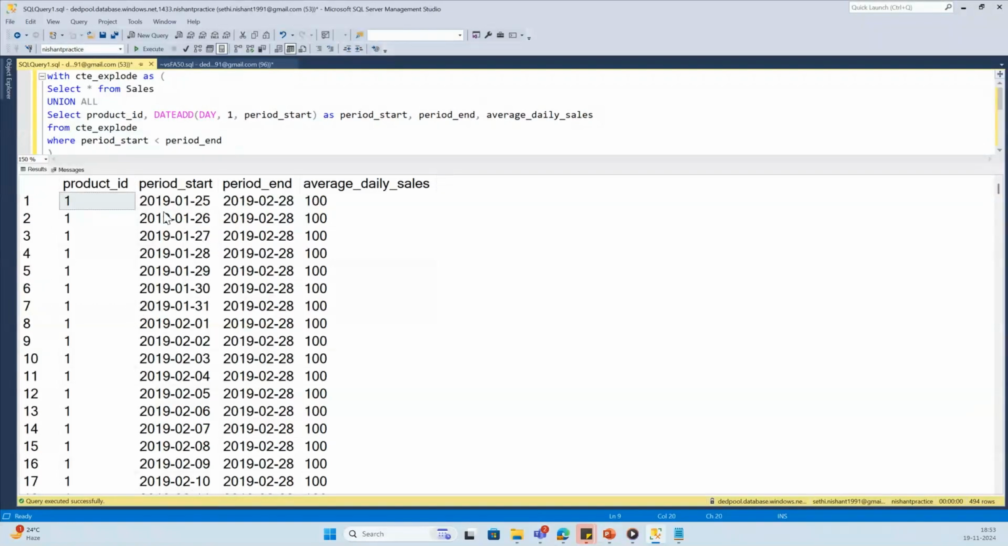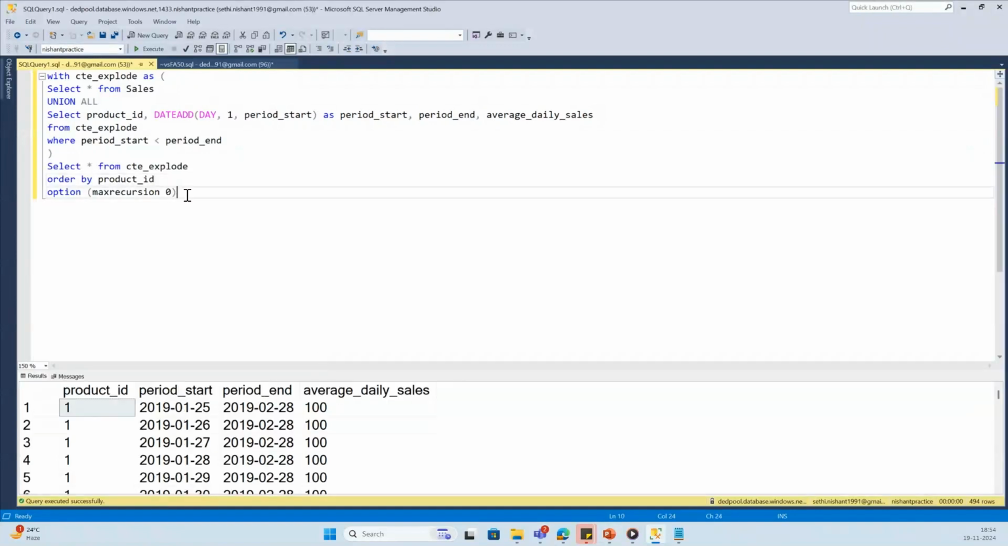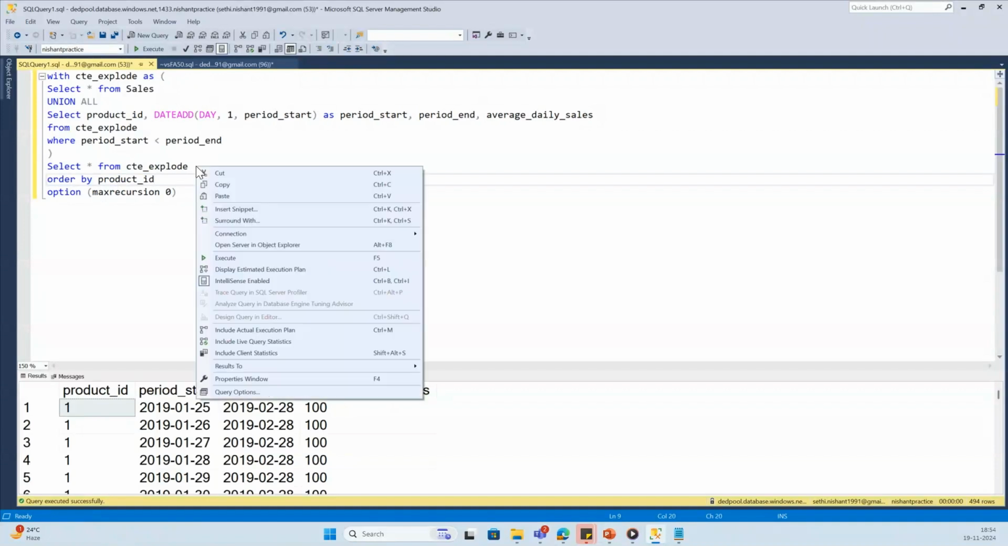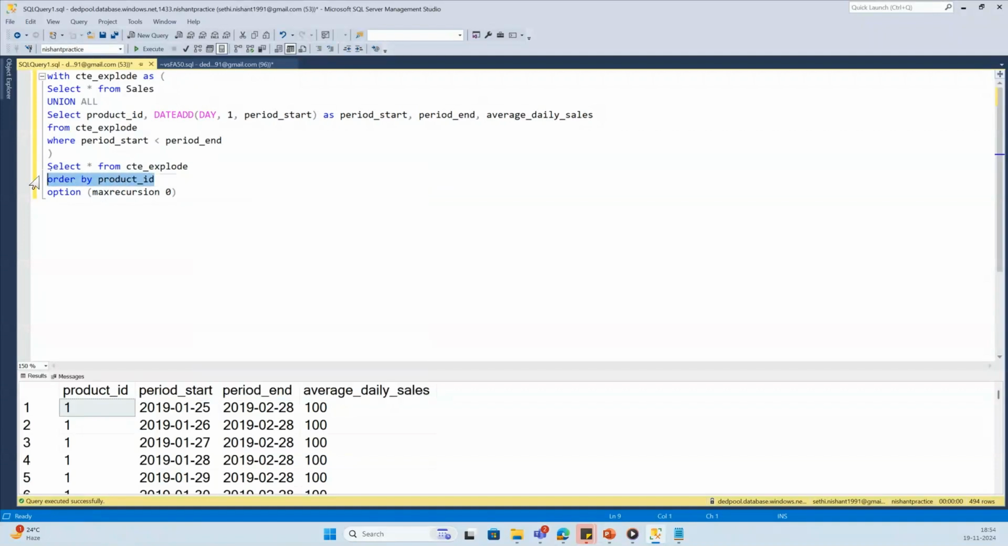Now what I need to do is extract the year part from this period start date, and then group by product ID and that year column and take the sum of the average daily sales to get the total sales amount for every year and every product. That's what we need to do. So now let me write that query over here. I'll just remove this order by for now. Now I'll group by